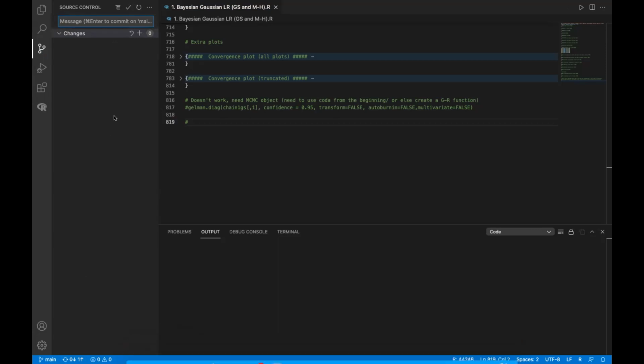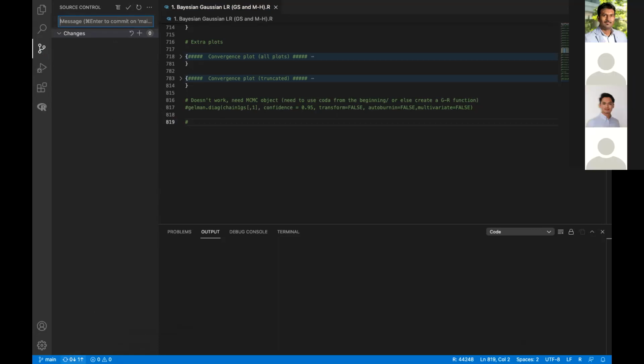That button, you see the cycle kind of button on the left, right? This just syncs your remote repository with your local copy of that repository. If there are changes you've made locally, it will push them. And if there are changes on the remote repository, let's say you're working with me and I have made some changes and pushed them, if you click on that, it will pull those changes as well. So it basically synchronizes with the remote repository.